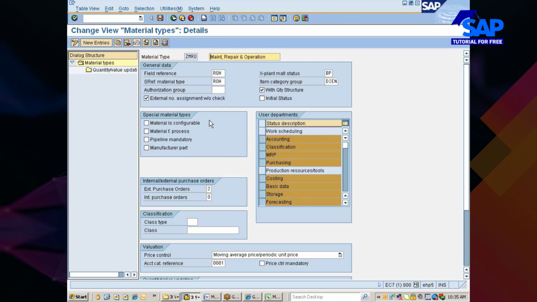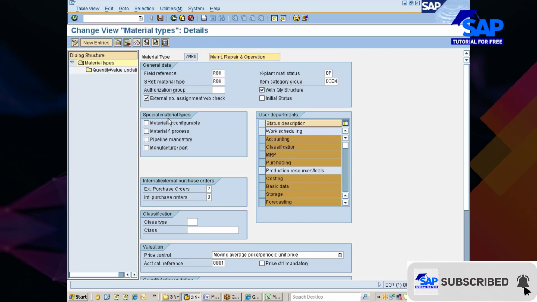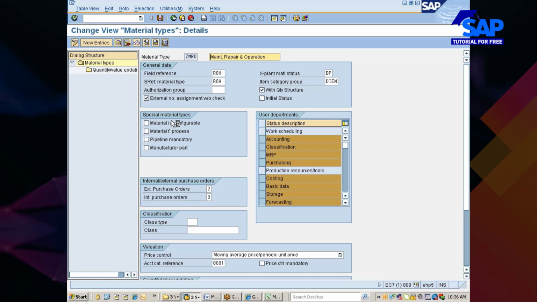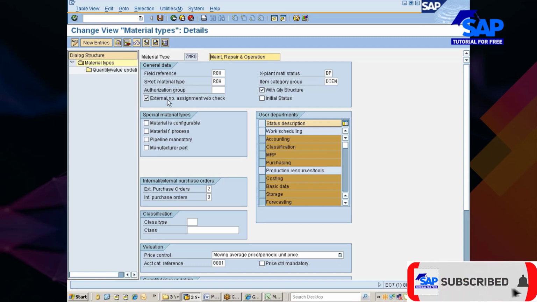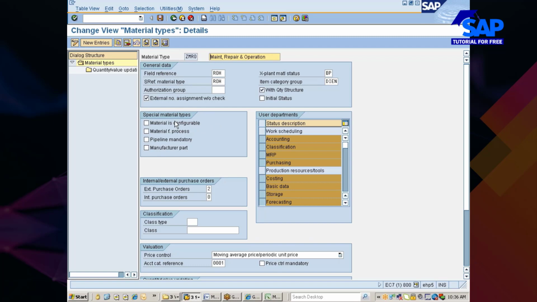Now look here, there is something called special material types. We will discuss this once again in special procurement. Based on the item type, or what we call item category, you can have some special procurement materials like consignment item, subcontracting item, stock transport item, pipeline item, manufacturer part, and configurable item, etc. So your material type will specify whether it belongs to any special material type or not.